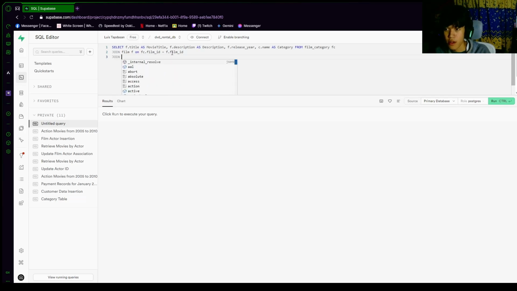And then we're going to join also the category table, which is category, then the C is the shortcut, on FC, same film category, but the category ID foreign key, which is in the category table C, and then category ID the primary key, and then we're going to use where